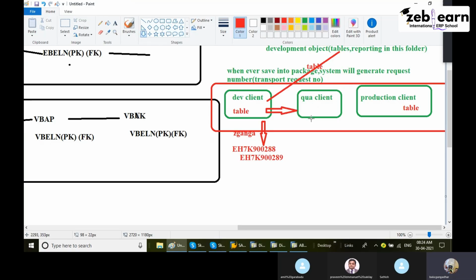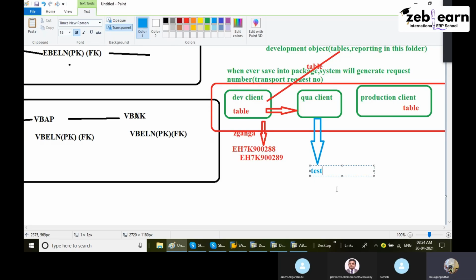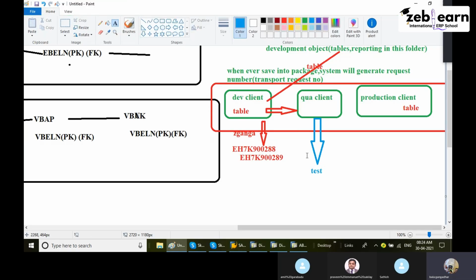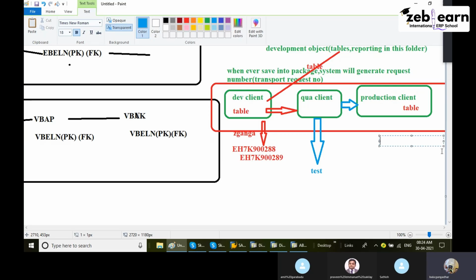What I will do here, I will test it. In the quality server, I will test with different data. If quality is fine, then we will move from quality to production. In production, the end user will use it. Then, if the end user is getting any issues,